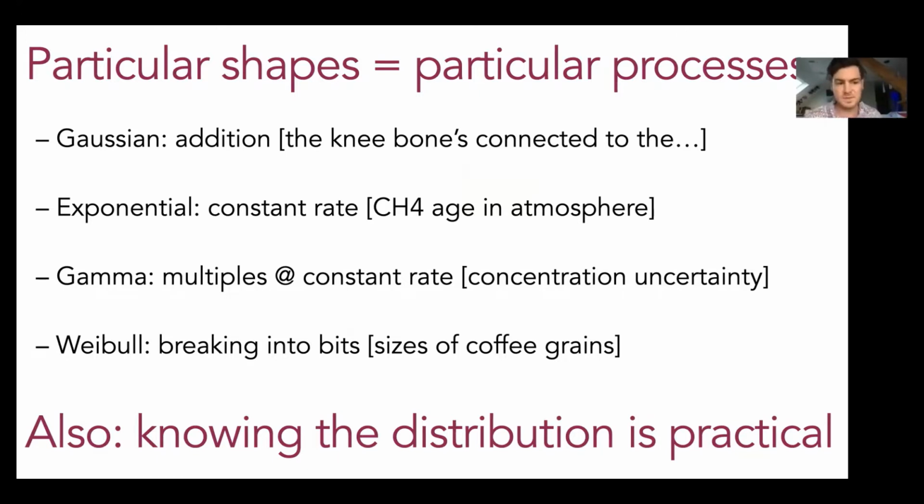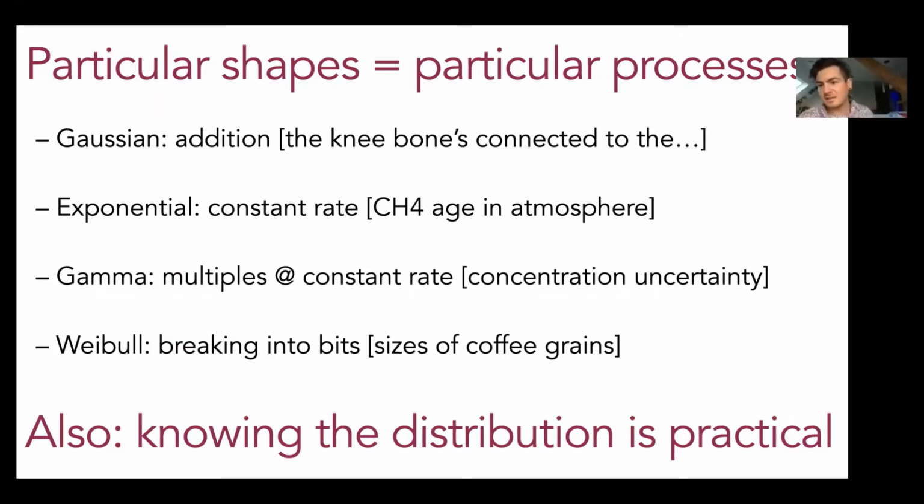So for instance, we all love the normal distribution. It crops up, it's a basic part of life, really. Things are normally distributed or Gaussian distributed just because when you add a bunch of things up, the sum has a normal distribution. You can think about this like the song, the toe bone's connected to the foot bone, the foot bone's connected to the leg bone, the leg bone's connected to the knee bone. Your height is the sum of all of these bones in your body, which have random variations in them, and that's why people's heights are Gaussian distributed.